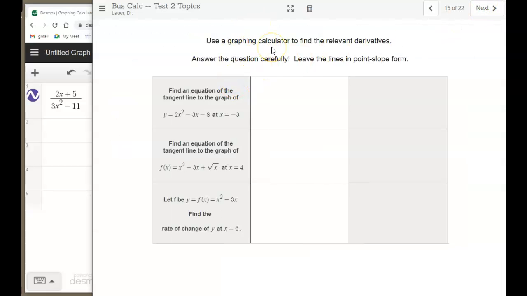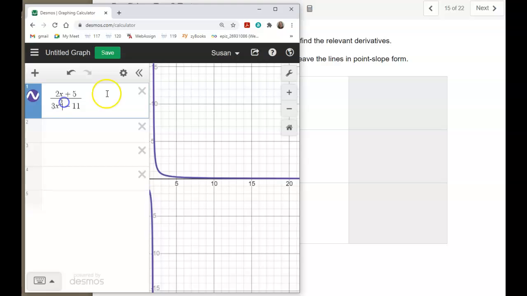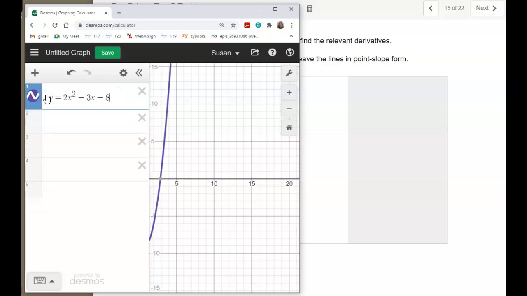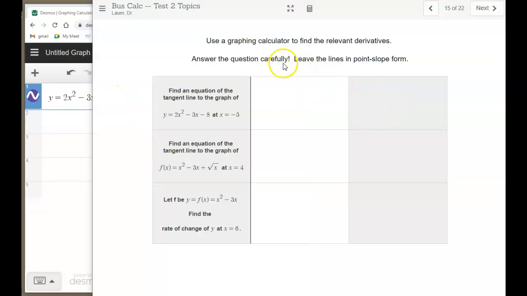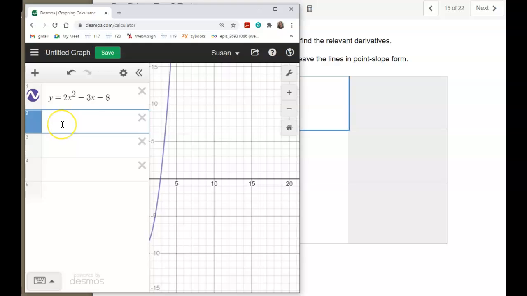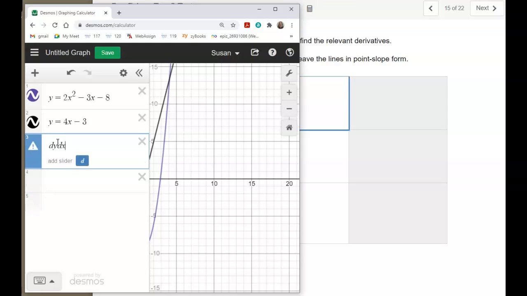Use the graphing calculator to find the relevant derivatives and answer the questions carefully. So let's put these in. And I really don't have to use a graphing calculator because I know what the derivative here is. So find an equation of the tangent line. Well, the derivative should be y equals 4x minus 3. Right? So there's the derivative. But I could have also done dy dx